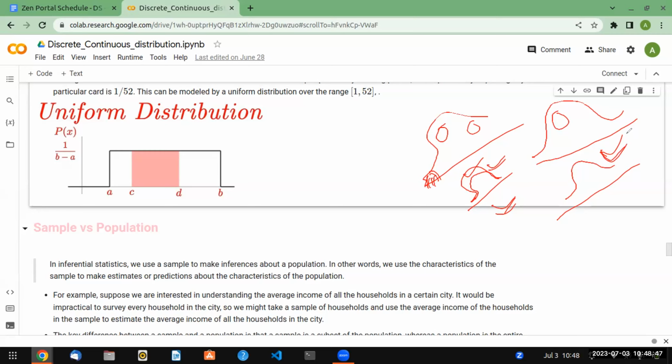Now, how to do this? How to take a sample so that it will look like the tiger? There the sampling techniques come into the picture. There are different sampling techniques where you take a sample from the population that is similar to the population distribution, so that you can do your calculation or experimentation on that small sample data and conclude about the population data or the whole data. So you need to understand some sampling techniques here.